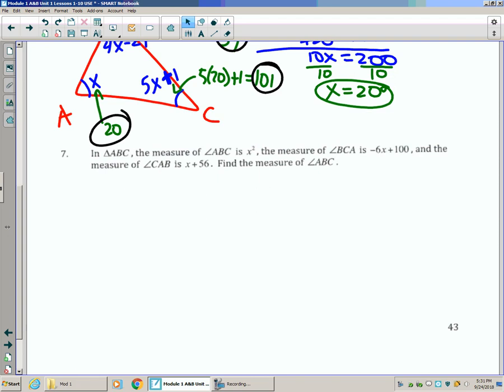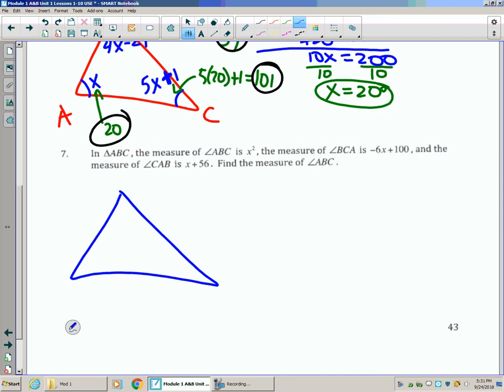Triangle ABC, the measure of angle ABC is x squared. The measure of angle BCA is negative 6x plus 10 plus 100. And the last angle CAB is x plus 56. Find the measure of angle ABC. Now, again, they're not telling me what type of triangle they want, so I'm going to make a triangle